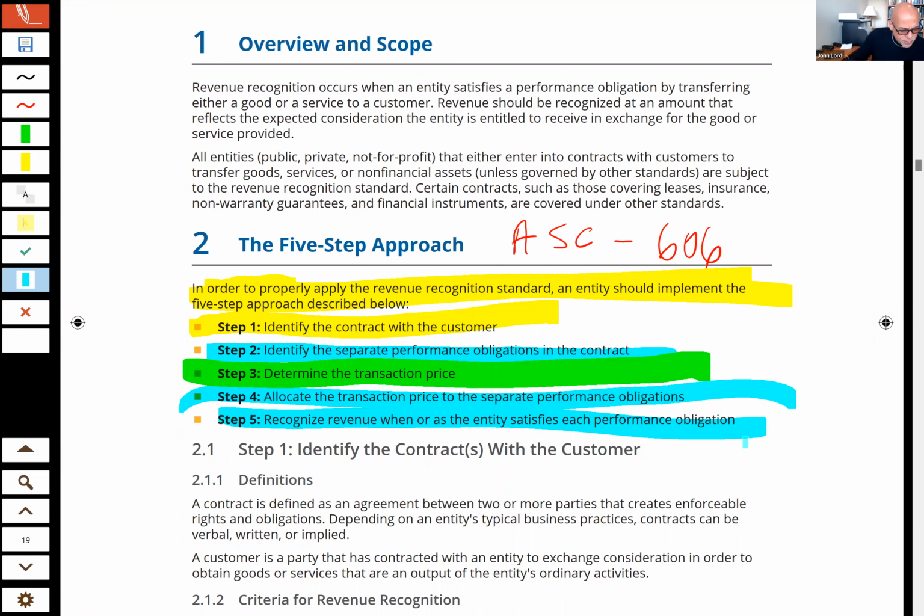So I think it might be worthwhile for you to go ahead and flashcard these steps, just in case you get a question that asks you specifically about the steps. But I think what you're going to see as we look at these transactions is that they're pretty straightforward. So we're really going to take an example-driven approach as we go through this material in the next couple